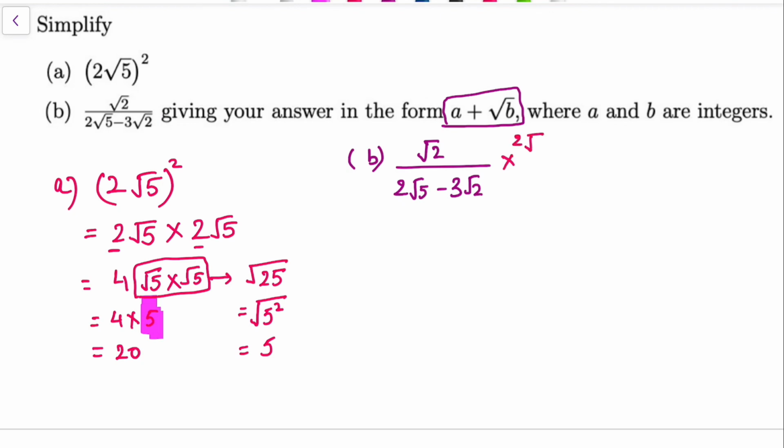So we have 2√5 minus, so that minus will become plus because it is a conjugate, 3√2 over 2√5 plus 3√2. Right, so in the numerator, now this √2 needs to be multiplied with both the terms. So that will give us 2√10 plus 3√4, and